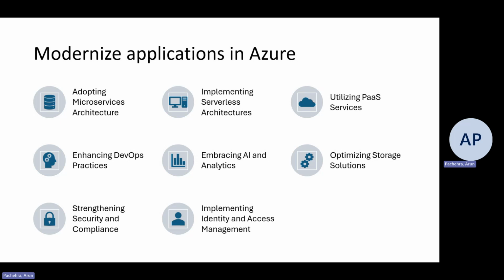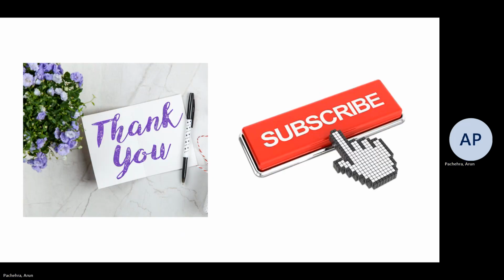There's so many things. So with this, I'm going to end my video. And with this, let's conclude. Modernizing applications on Azure involves leveraging Azure's vast array of services and features to build more scalable, reliable, and efficient applications. By adopting strategies like microservices, serverless architecture, PaaS services, embracing DevOps practices, organizations can significantly enhance their application landscape. Additionally, focusing on AI and analytics, optimizing storage solutions, and strengthening security and compliance posture are crucial steps in a